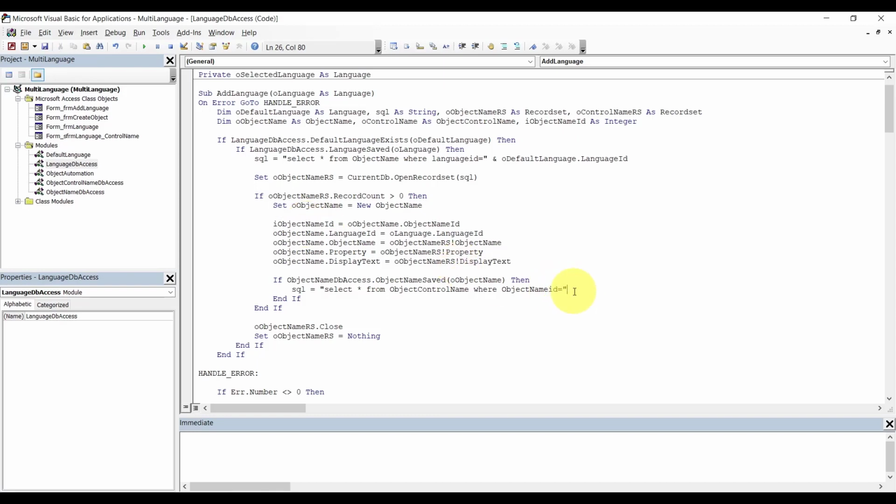And now we're gonna say, once we save this guy, we're gonna have this ID. So we can say equals object name ID. All right. So when that guy is saved, we want to add these related items for this guy,